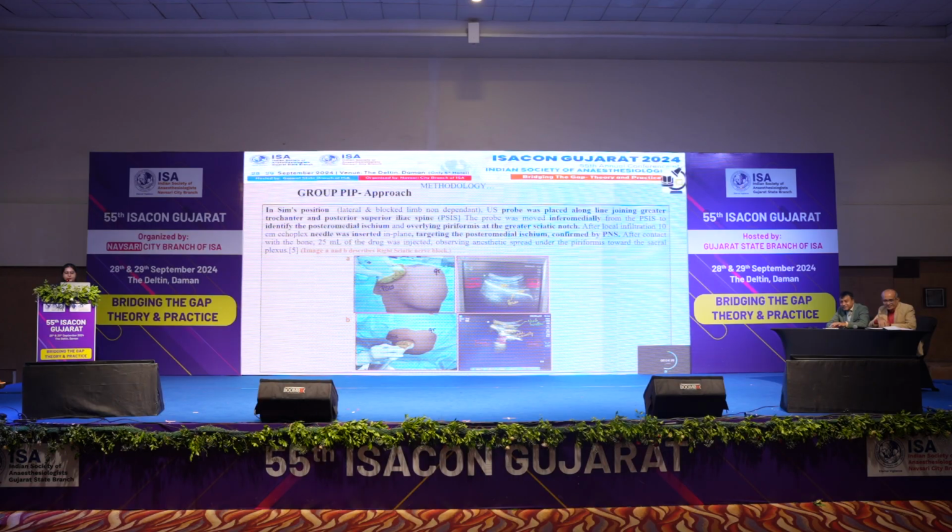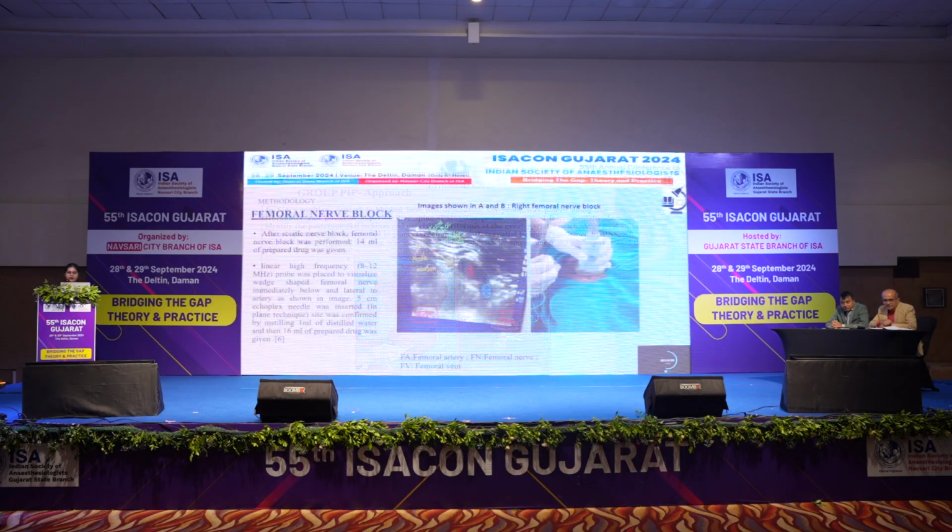In group PAP, patients were given the Sims position. The probe was placed along the line joining the greater trochanter and posterior superior iliac spine. The probe was moved inferomedially from the PSIS to identify the posterior medial ischium and overlying piriformis at the greater sciatic notch. Needle was inserted targeting the posterior medial ischium, confirmed by the PNS, and 25 ml of drug was given. After the sciatic nerve block, femoral nerve block was given, 14 ml of prepared drug was given as shown in